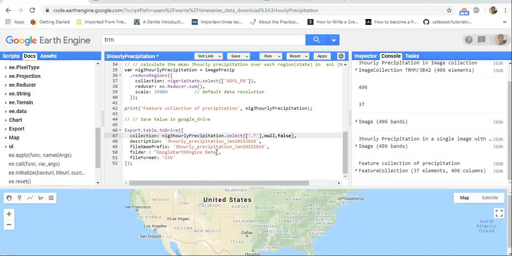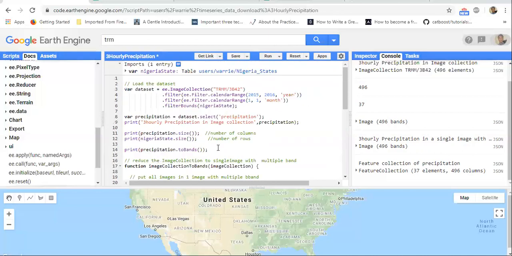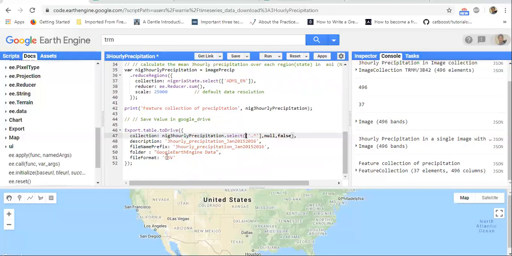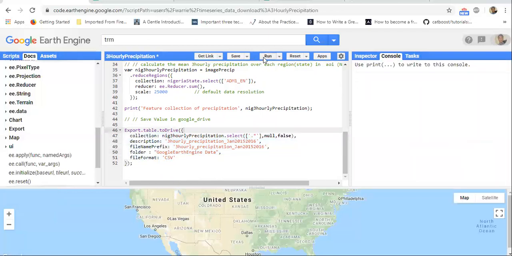Now it's advisable that before you export the data set, you have a specific folder in your Google Drive where you can save this on completion. And what's my file format? I'm looking at a CSV file. So if I run this line of code,